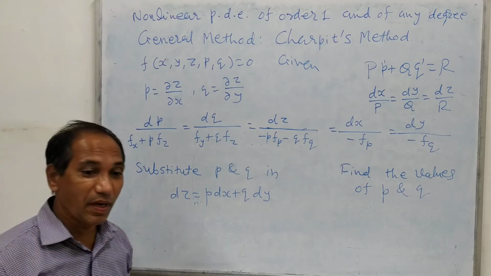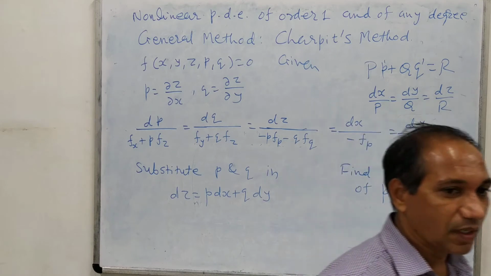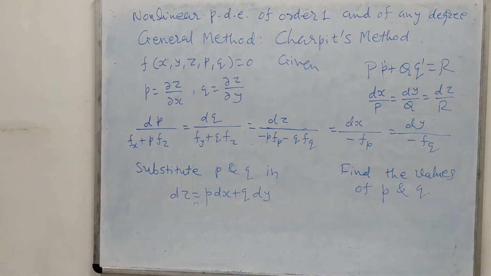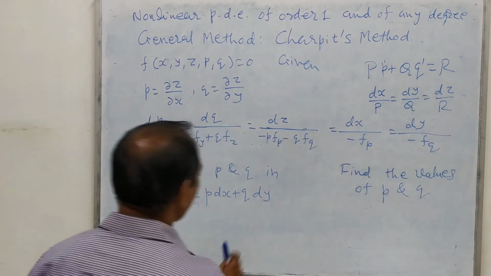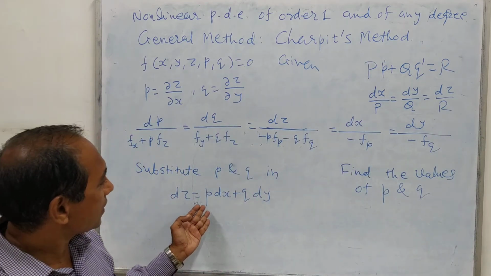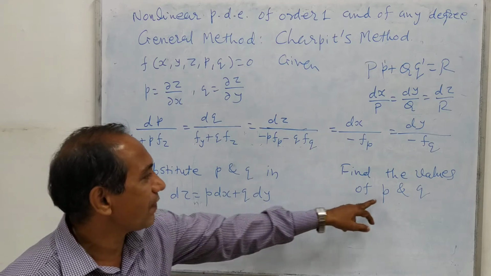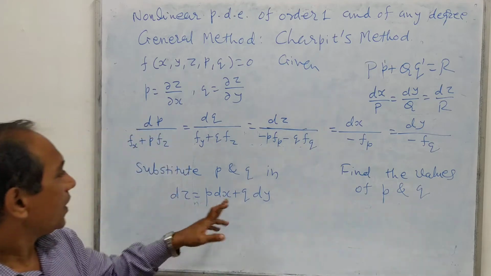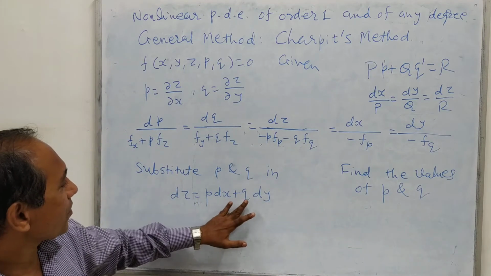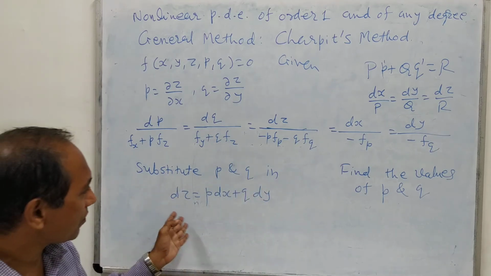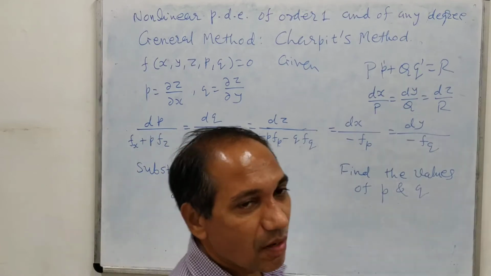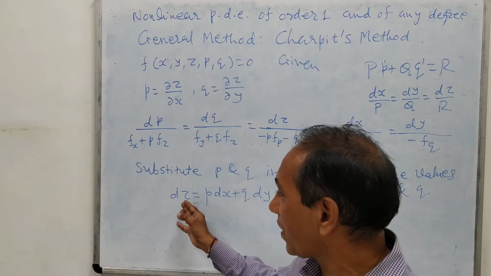And you must be remembering that in the last lecture, in the standard form 1, we have used this kind of equation. In this equation we will have to substitute the values of P and Q. After substituting these values of P and Q, we simply require to solve this equation, and the solution of this equation will become very simple, because we require simple integration.